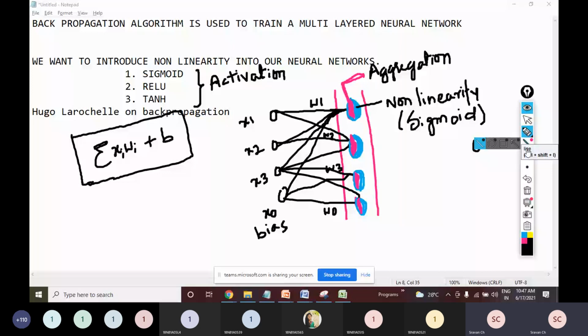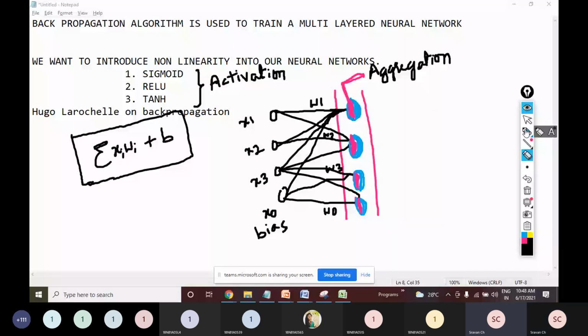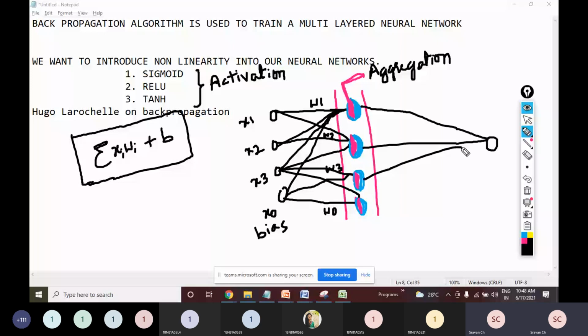Now whatever output is there, suppose this is my output unit, whatever output I get from this one will be given to my output unit. So friends, this is just a 2-layer neural network. In fact, I can have one more hidden layer like this. I can have any number of hidden layers. With more hidden layers, the network is called a deep neural network. So this is a normal neural network. If I increase more hidden layers, like 4, 5, 6, then I can use the word deep neural network. So this is my output.